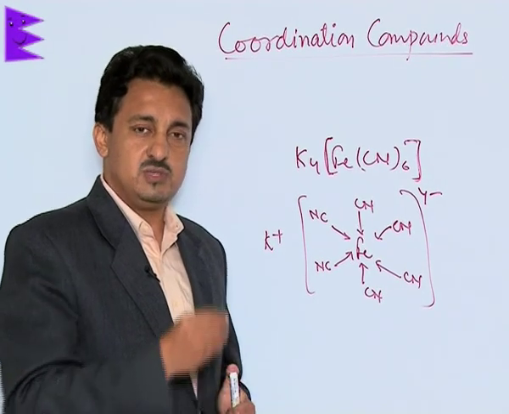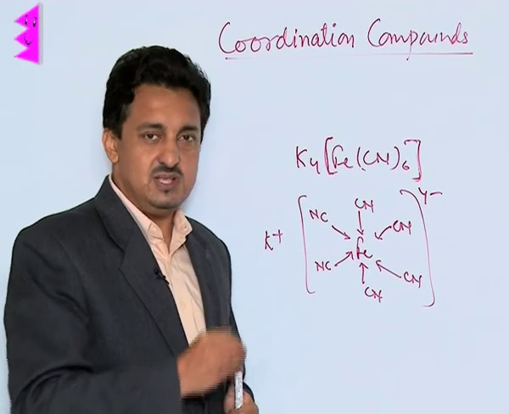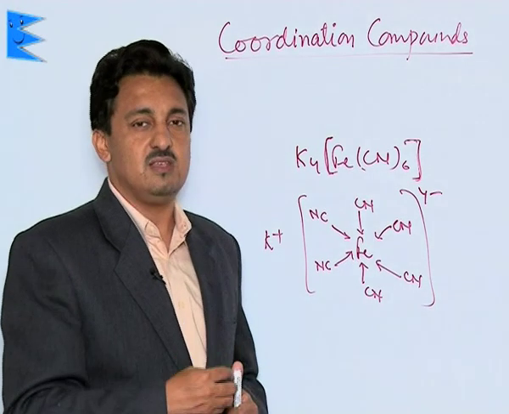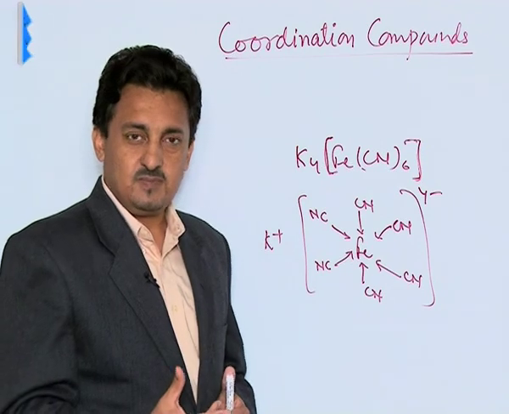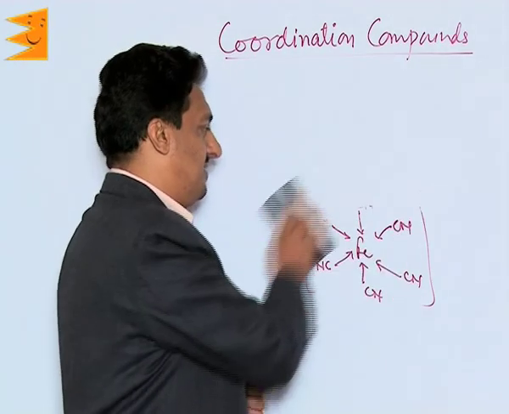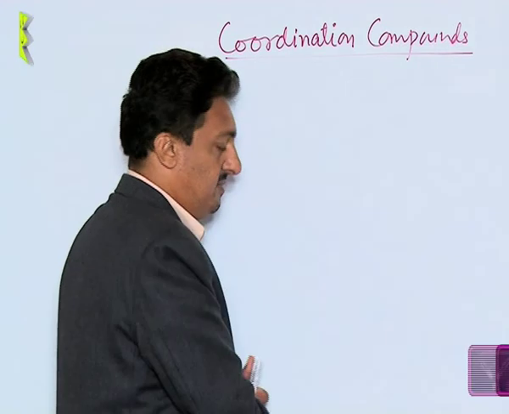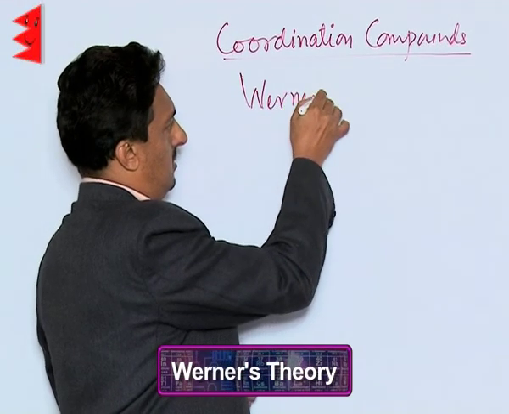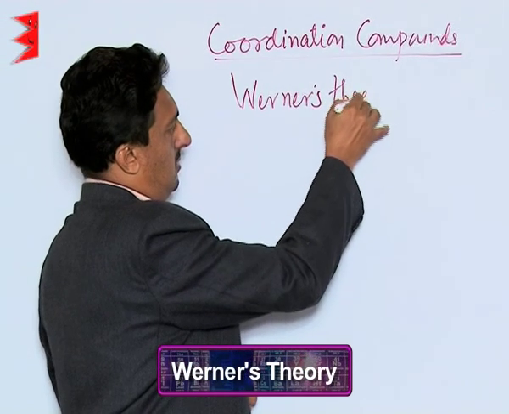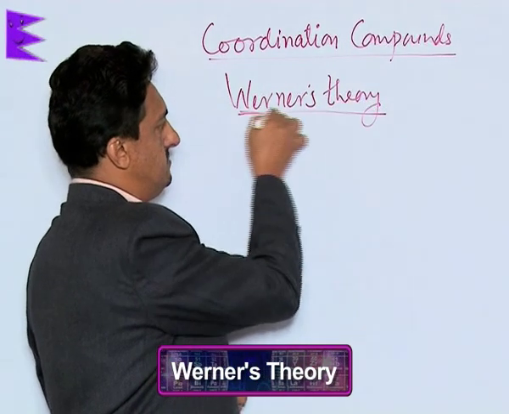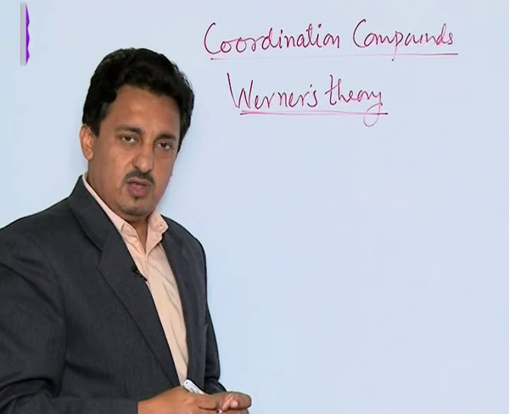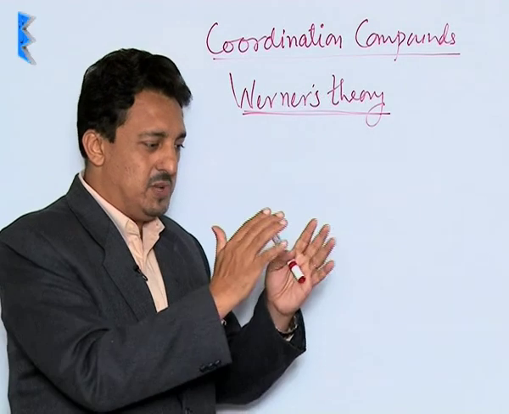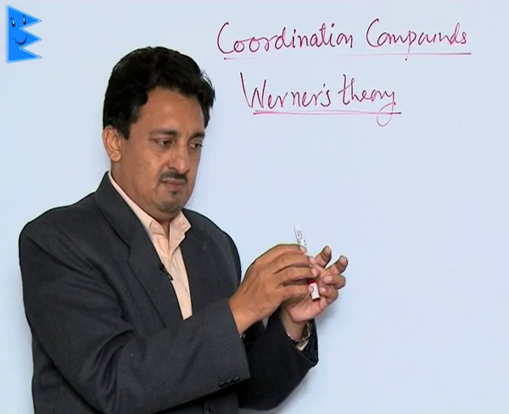Alfred Werner, who was a Swiss chemist, was the first one who studied these compounds, worked on them, and came out with their formulas. So let us first understand these compounds as per Werner's theory. Now, Alfred Werner, who was studying these compounds, was not able to explain why certain ions